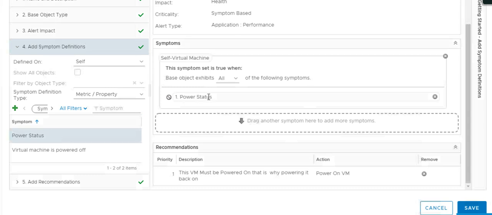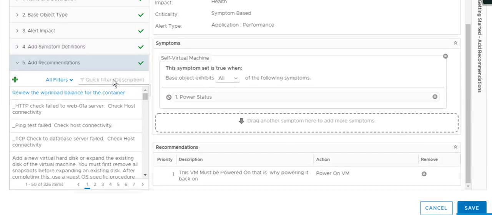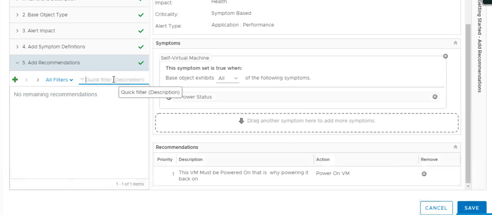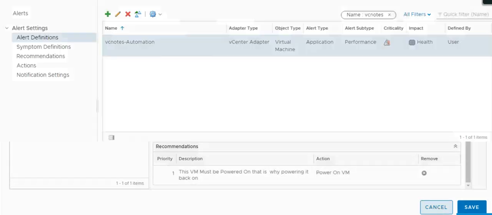Just drag it here. It will add this symptom into the selected definition. Same for the recommendation. The recommendation we created was: must be powered on. It is not showing because it is already linked. Just search for it here and drag it here. Then click on save or cancel. I will cancel because it is already there.